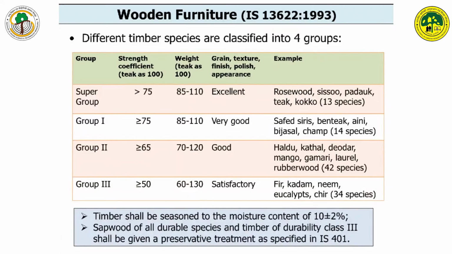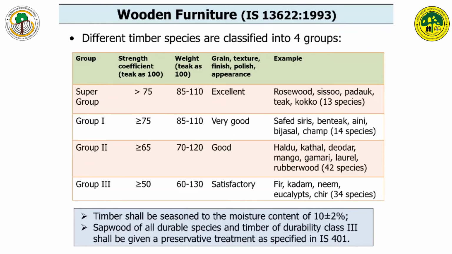different applications. Like for wood furniture, different timber species are classified in 4 different groups. One is the super group, second is group 1, group 2, and group 3. These have different strength coefficient and weight, taking teak as 100, and then the grain texture, finish, polishing appearance, and we have given examples of the different timber species. So this kind of information is available in IS 13622,